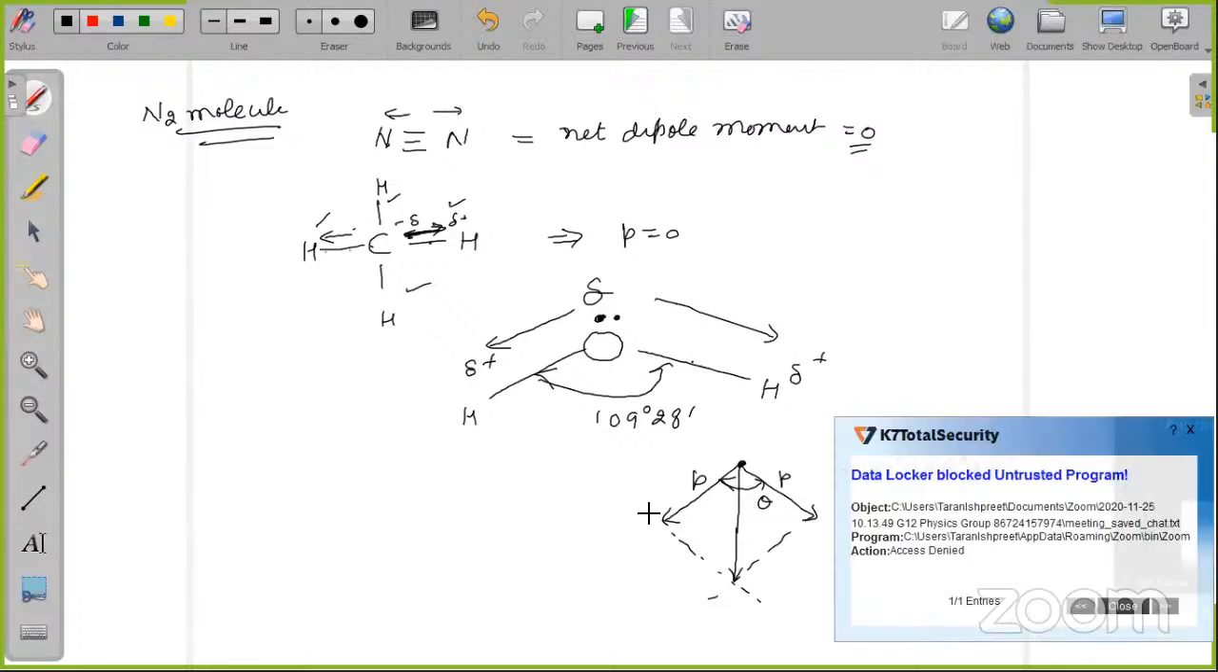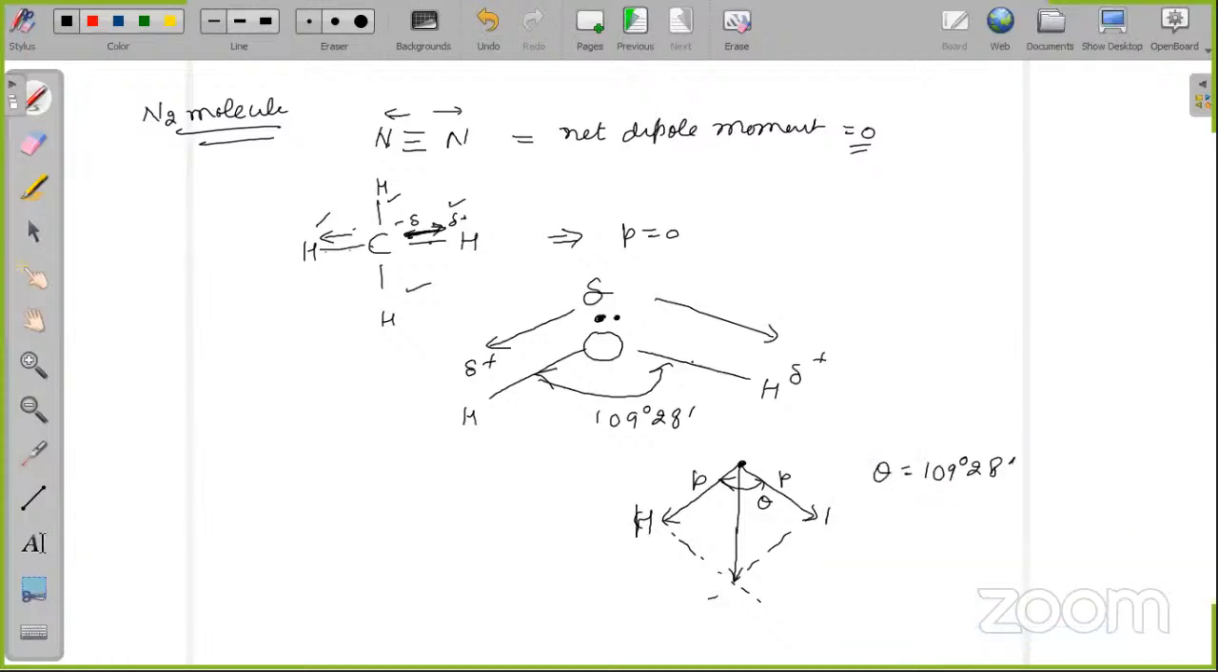Now which atom is placed here? The answer is H atom is placed here. And which atom is placed here? Again H. Which atom is placed here? It is O. Of course it has a lone pair of